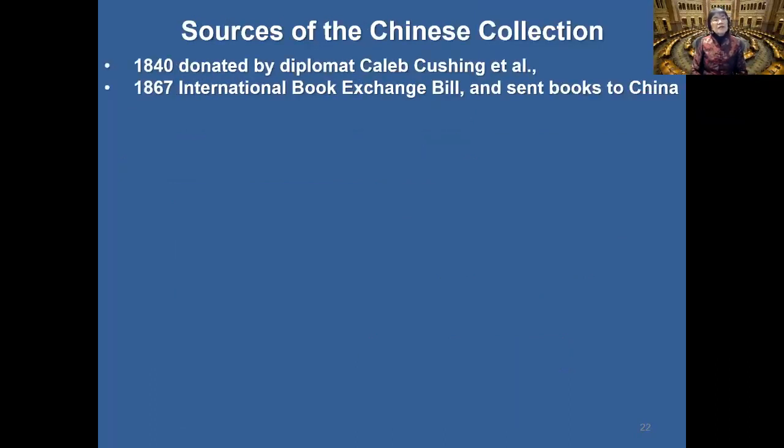So you might ask, how did all the Chinese collection come to us? Well, in the 1830s or before, there was a person, his name is Cushing. He was our first ambassador to China. The emperor didn't want to see him, so he first visited the island, I think Macau. So they let him stay there for quite a few months. So he started to study Chinese and